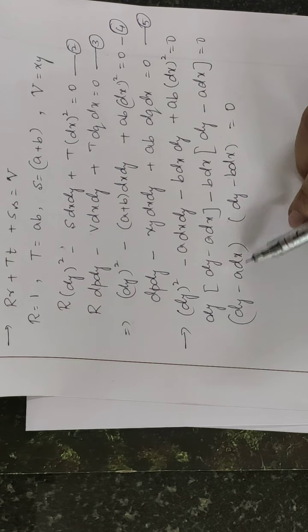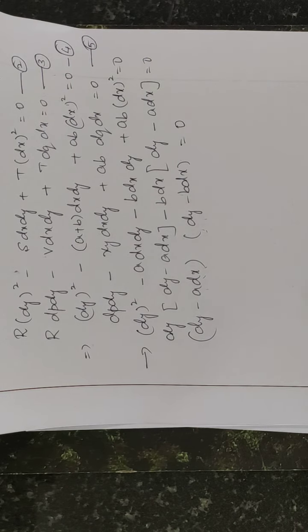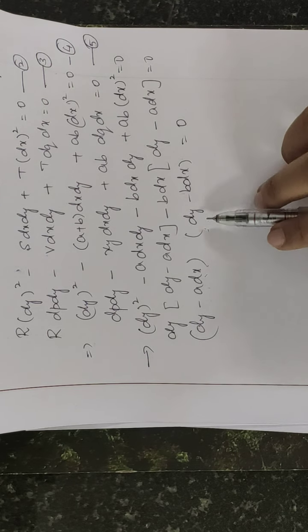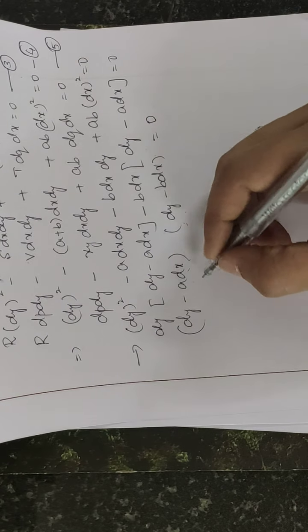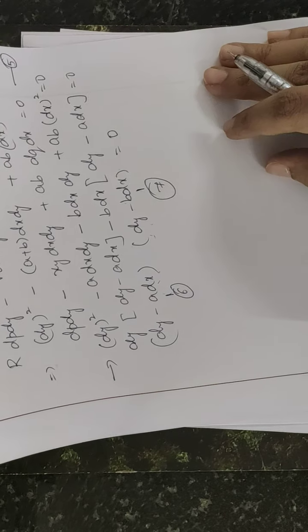So we got two equations again, right? According to the method, if you solve the quadratic equation you will get two roots. Those two roots can be written in the form of equations, or solutions. So this is nothing but your two solutions now. I will call this your equation number 6 and this your equation number 7.